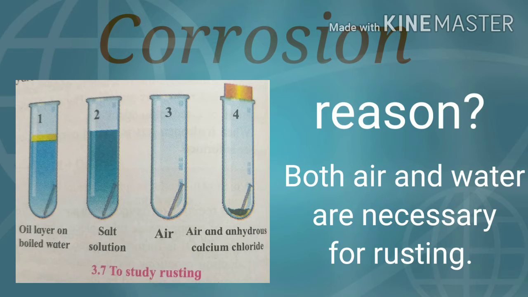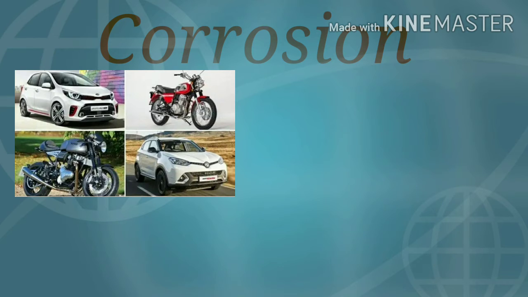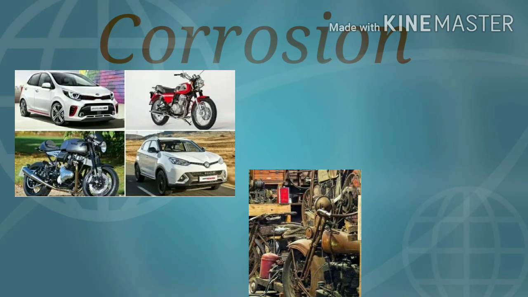We have observed this effect on metal in our everyday life. Two-wheelers or four-wheelers look shiny when they are new, but after some time we see them dull or damaged. That dullness or damage is nothing but rusting of those two-wheelers or four-wheelers. A certain type of reddish colored solid layer collects on their metallic surface. This layer is called rust. Its chemical formula is Fe2O3·H2O.